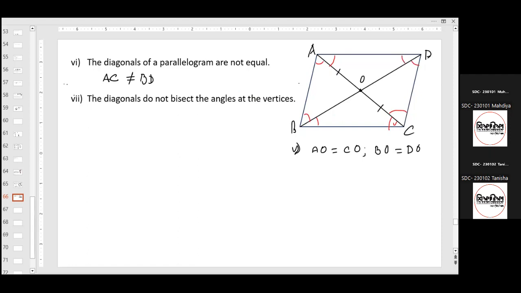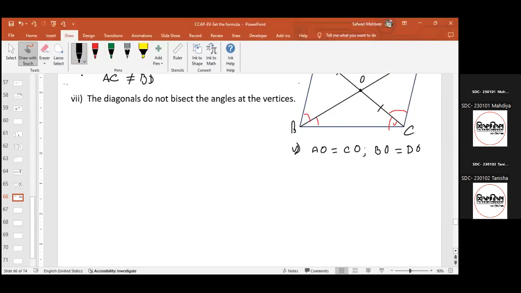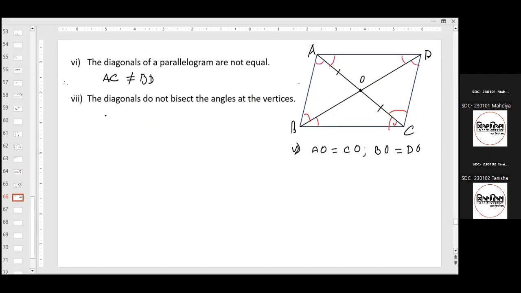So we can write down here that angle ABD is not equal to angle CBD, as it is not bisected, right? Angle BCA is not equal to angle ACD. I mean, these two are not equal. So angle BCA or ACB